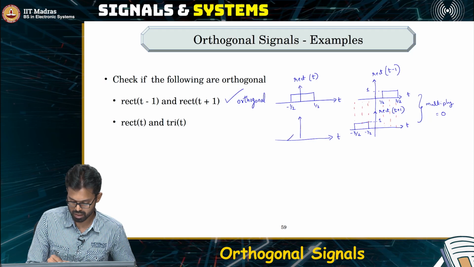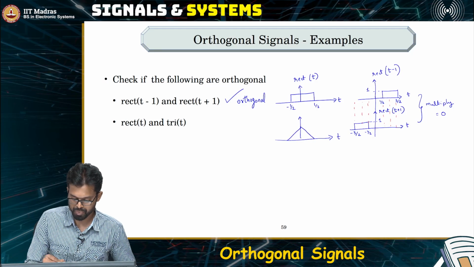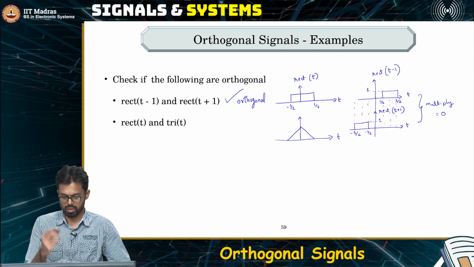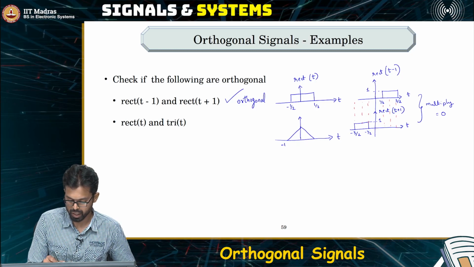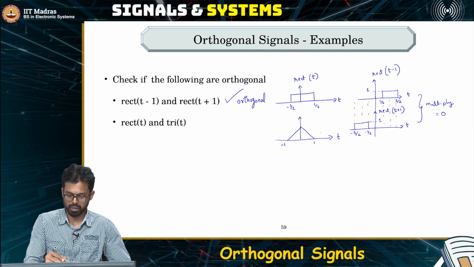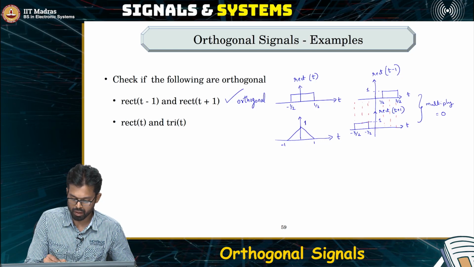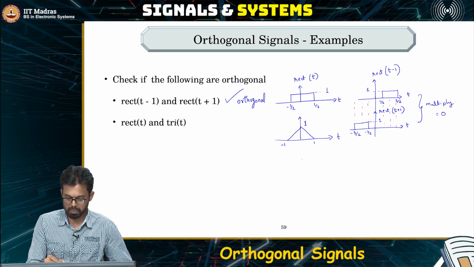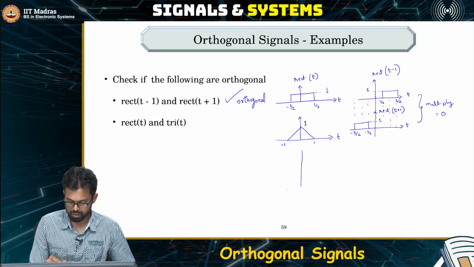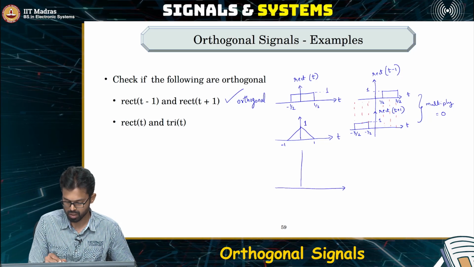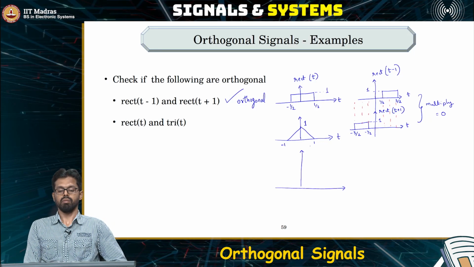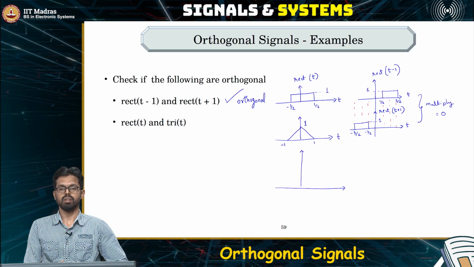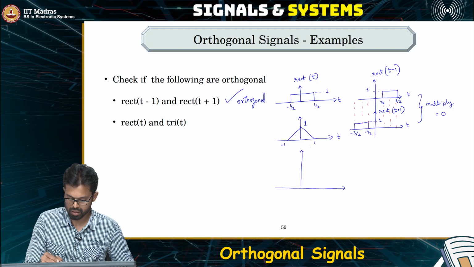So the next signal that we are going to analyze is the triangular function. So let's take this triangle between minus 1 and 1, okay, and amplitude 1. Now let's multiply the triangular function and the rectangular function. So what do you get when you multiply the triangular function and the rectangular function? So clearly